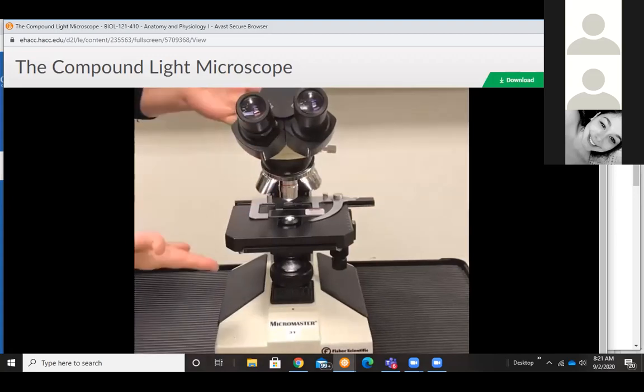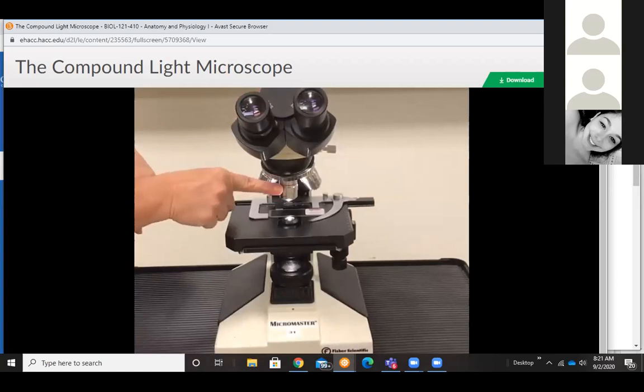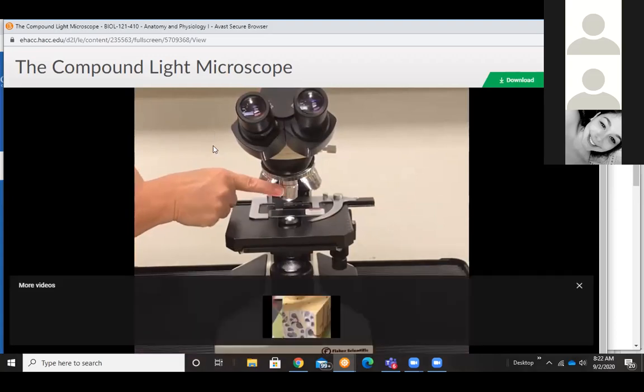Whenever you use the microscope for the first time, you always want to start with the shortest objective lens over this platform called the stage. This shortest objective lens is indicated by a red band, and it has a number imprinted on it, and that number is 4. So that means that this lens magnifies. It's also the shortest lens. All of these have lengths depending on their strength. The smallest